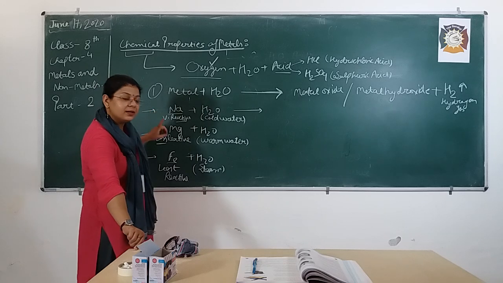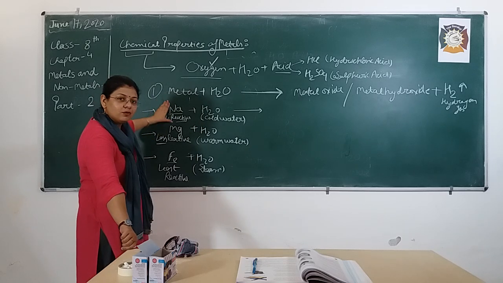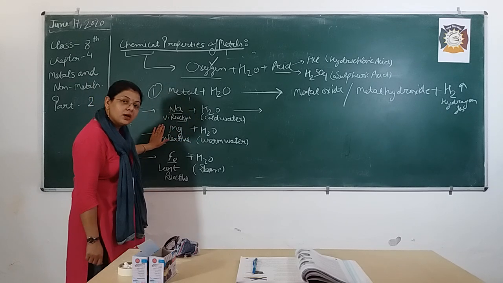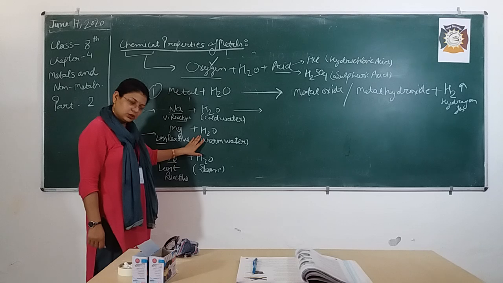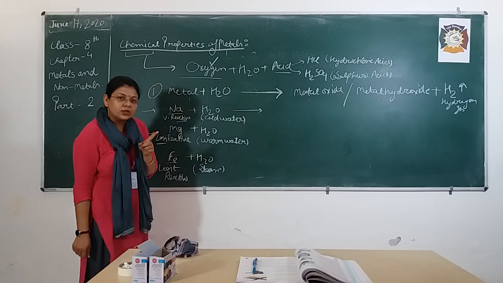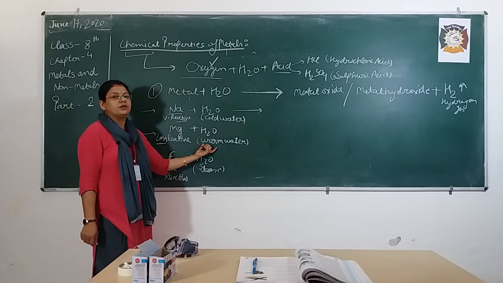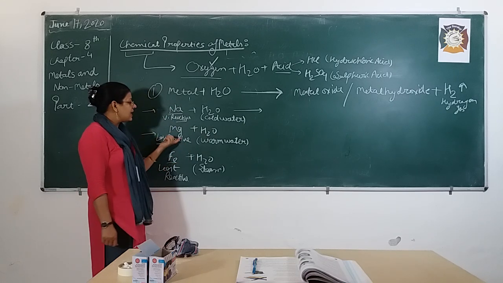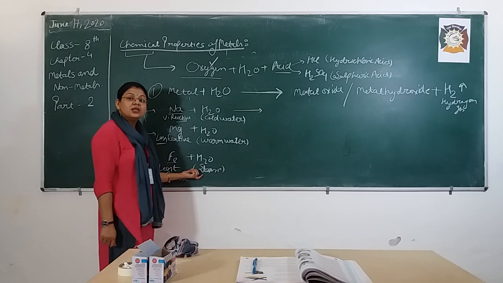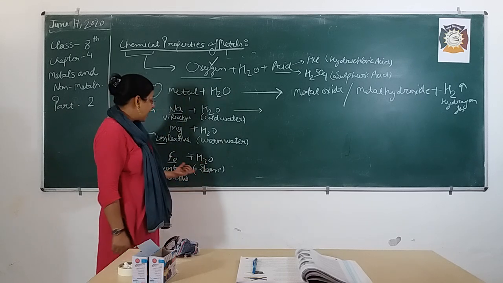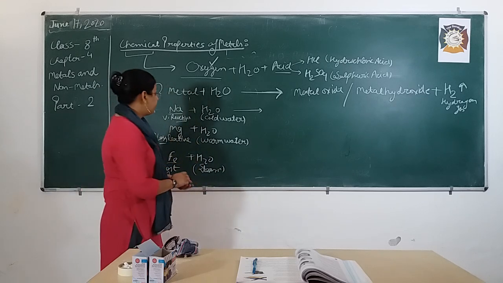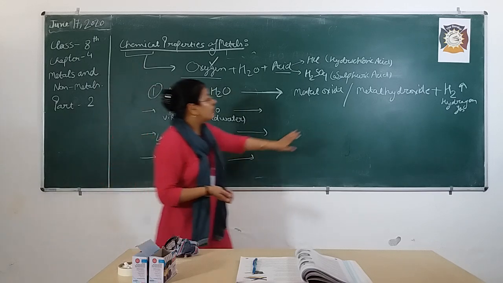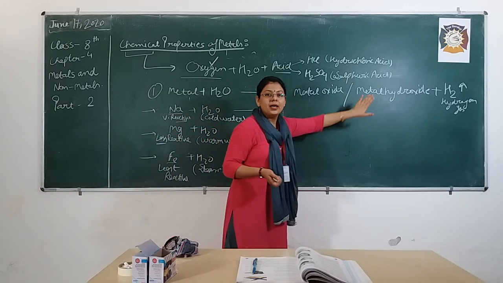So the first key point: sodium is very reactive, so it can easily react with cold water. Magnesium is less reactive than sodium, so we have to warm the water. Magnesium is not going to react with cold water, remember this. We have to use warm water with magnesium. Iron is the least reactive, so we have to convert the water into steam first, and iron reacts with steam. The product in each case is also different, because the product can be a metal oxide or a metal hydroxide.